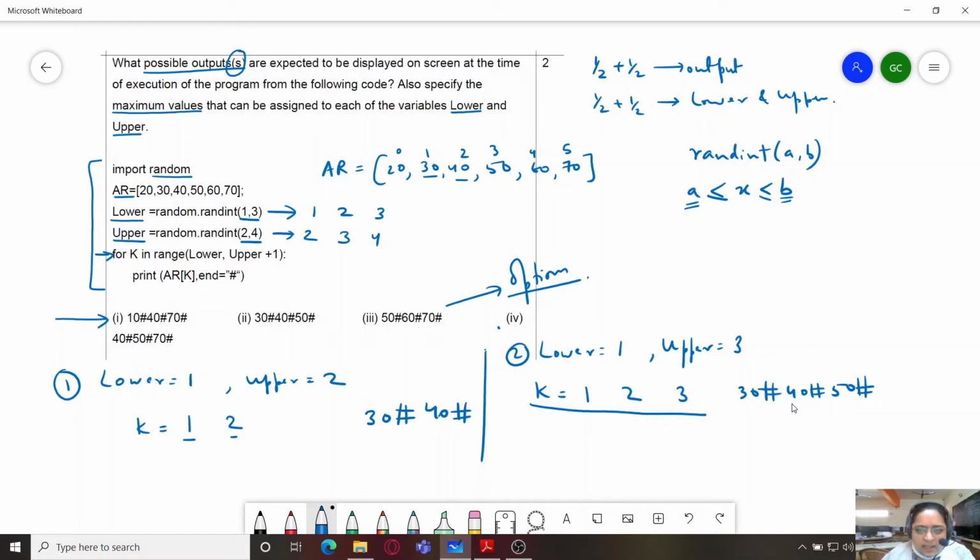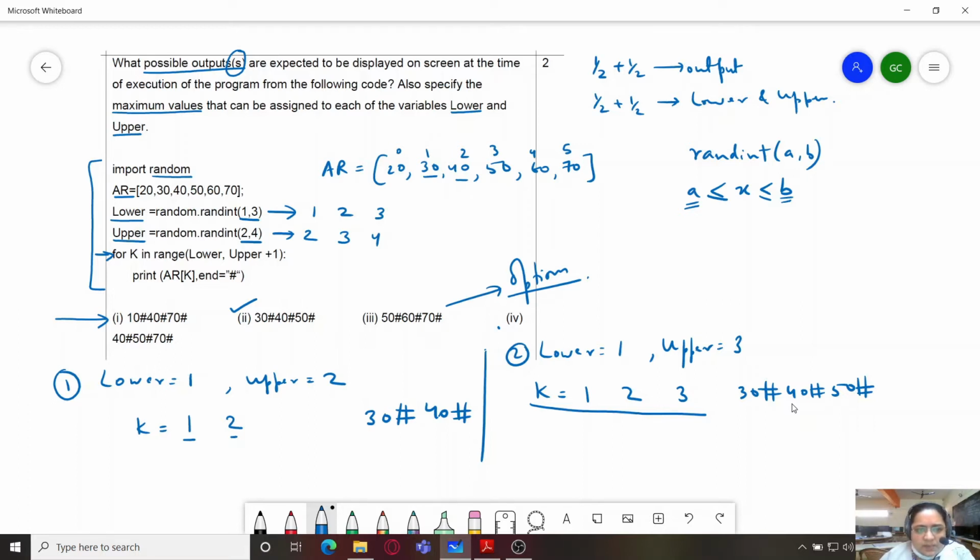So one is this, and we can see that one of the options is also being satisfied from this. Next is 1 comma 1 and 4, which will give us 4 values. So we will leave out that option. We will rule out this combination of lower 1 and upper 4. Second one, we start with lower as 2, 2 and 2.